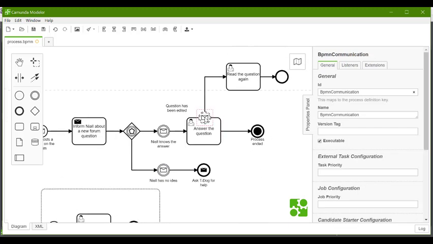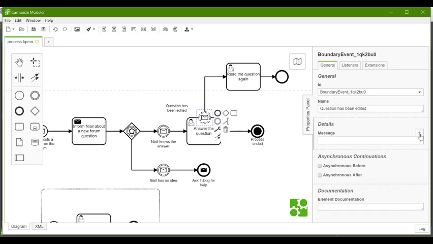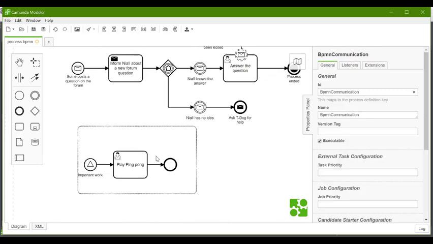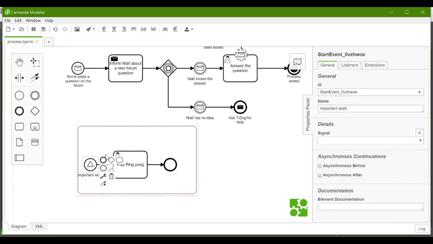So then we arrive up here. We have another message, same process again. This message is going to be a question edited. And then down here we have a signal event. So the signal event is very different from the message event in a few different ways. The first is, of course, a message event, as we'll show in a few minutes, requires a one-to-one correlation. You can't have a broadcast in a message, but a signal can actually be broadcast into the engine, then everything waiting for it will pick that up.